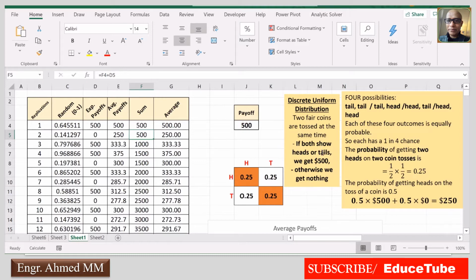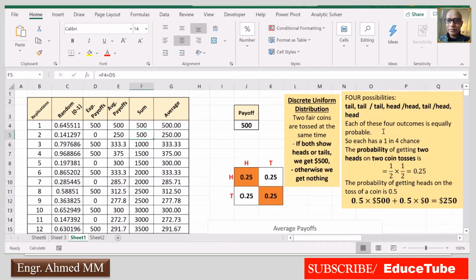So in this problem, if two fair coins are tossed at the same time, there are four possibilities. What are they? Tail, tail; tail, head; head, tail; and head, head.